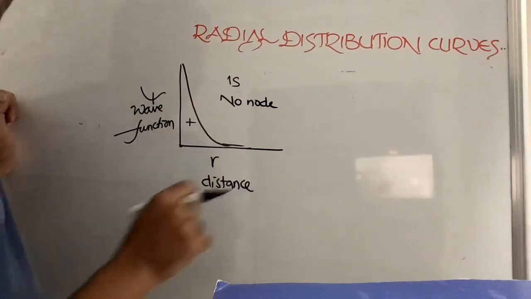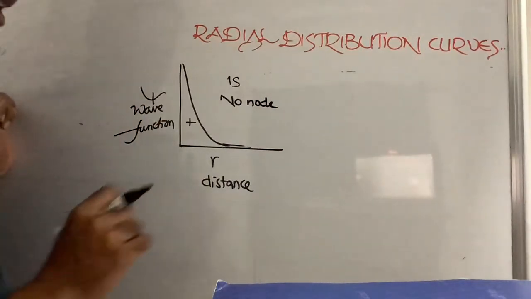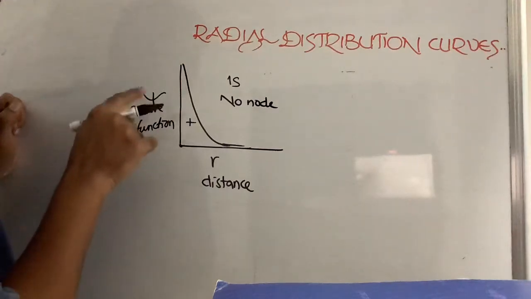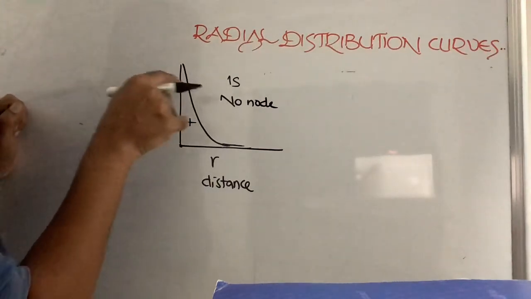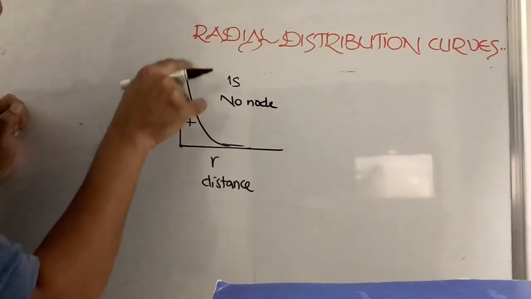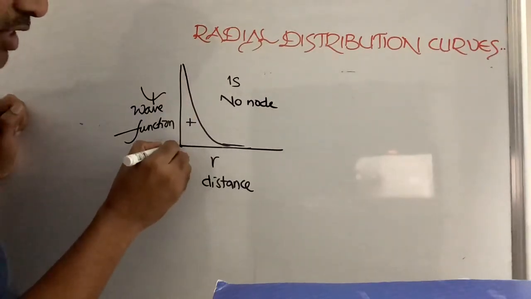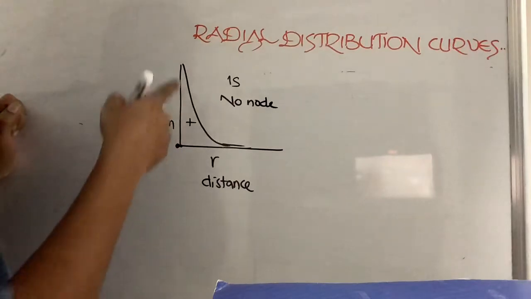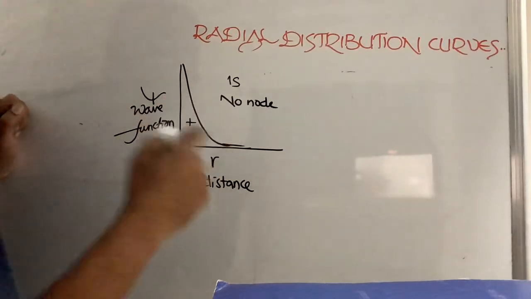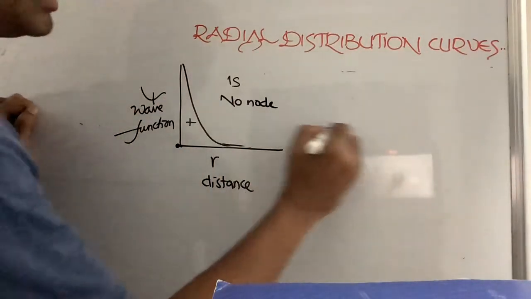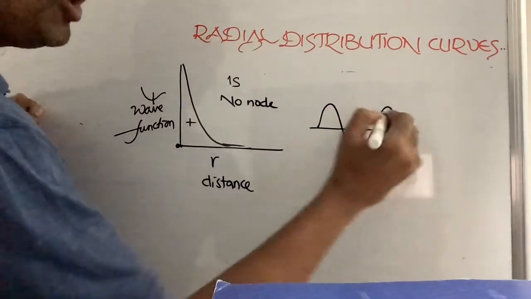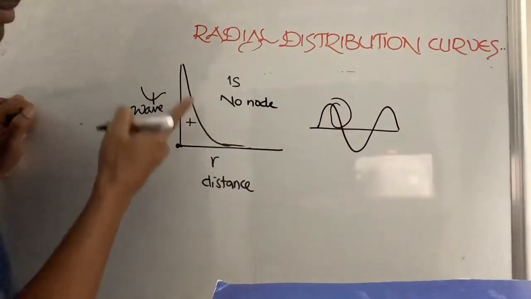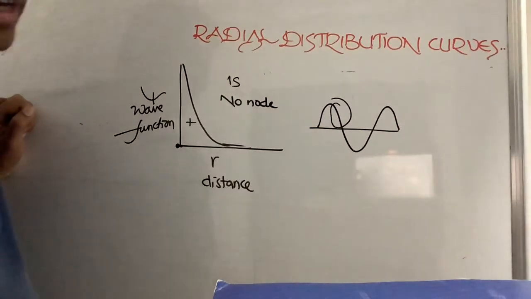What is the meaning of this graph? The graph indicates the probability of finding electron. Psi is maximum, means probability of finding electron is maximum. You can see this is maximum at the nucleus. This point is nucleus. At nucleus, the probability of finding electron is maximum. This is nothing but the wave function graph we are taking, for 1s orbital.